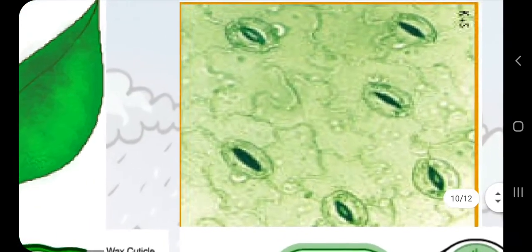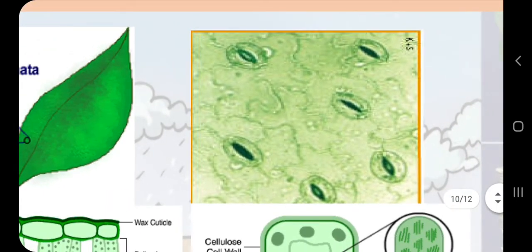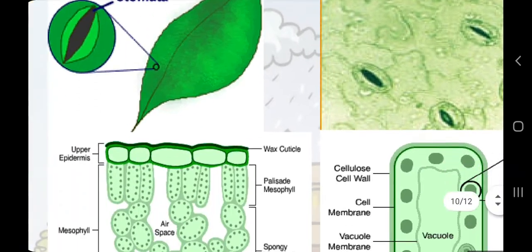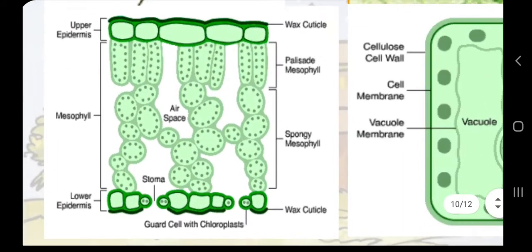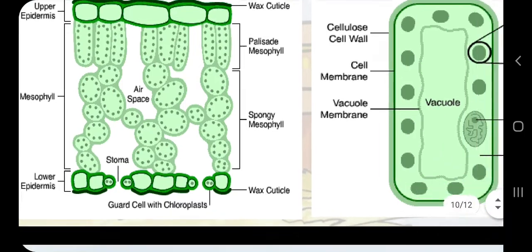And this is another diagram which helps us have a better understanding, because these are stomata. If we see a leaf by microscope, we will also perform an activity in the biology lab to see stomata under a compound microscope, and this is a two-dimensional view of that diagram. Here you can see upper epidermis, lower epidermis, mesophyll, air spaces to hold carbon dioxide plus oxygen, and stomata for exchange. And wax cuticle is a protective layer in some plants. In many plants it is present, in some plants it is not.